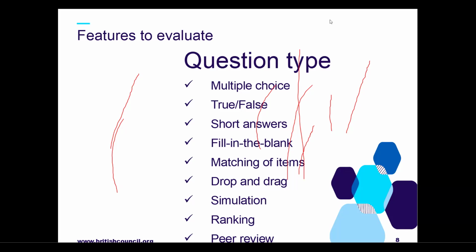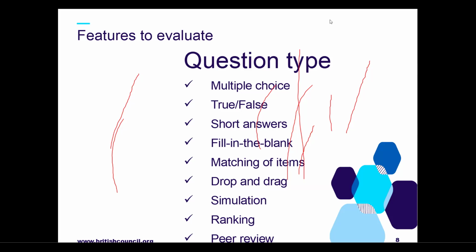So you can use true or false when preparing your digital assessment tools, where learners don't like typing too much. I don't know if you know that, but learners really don't like typing too much.